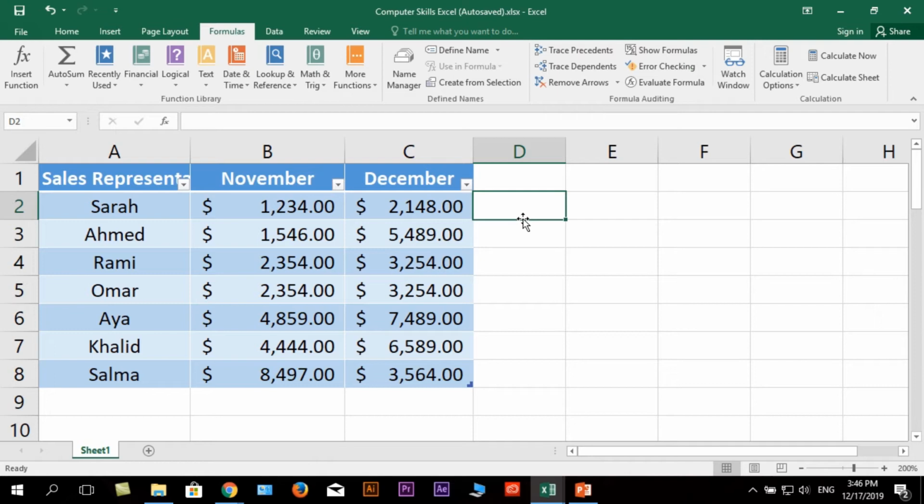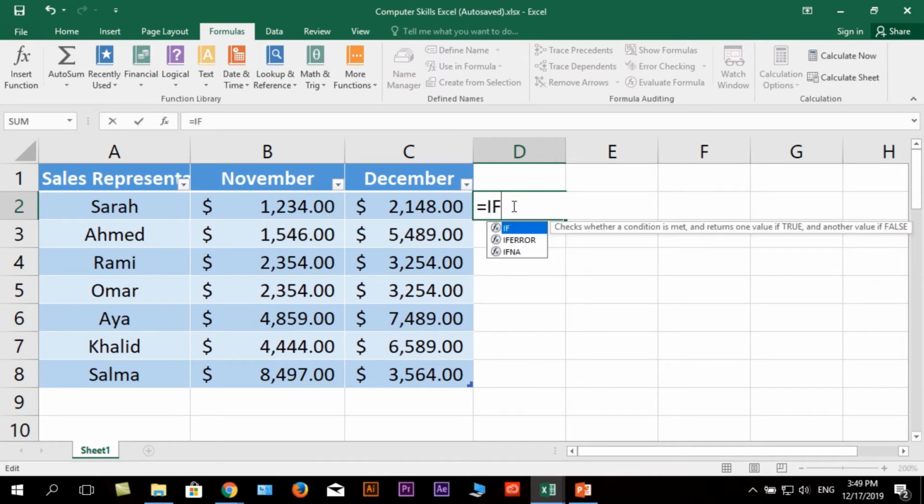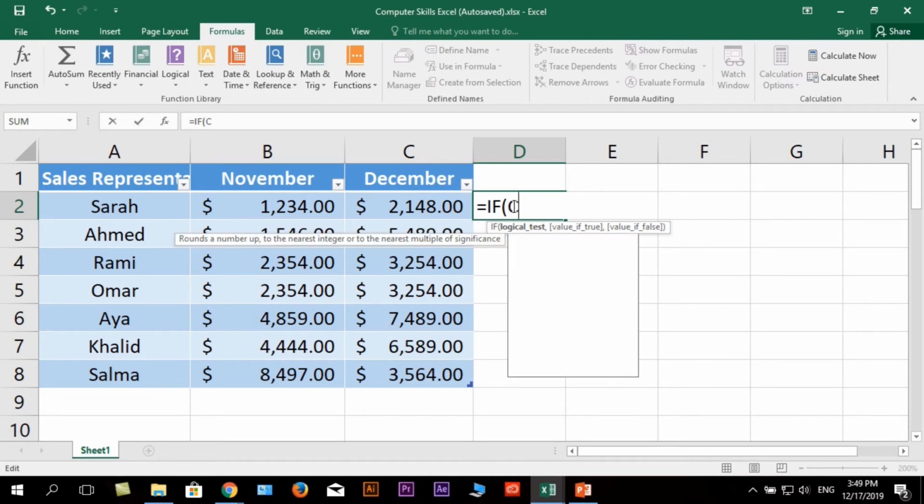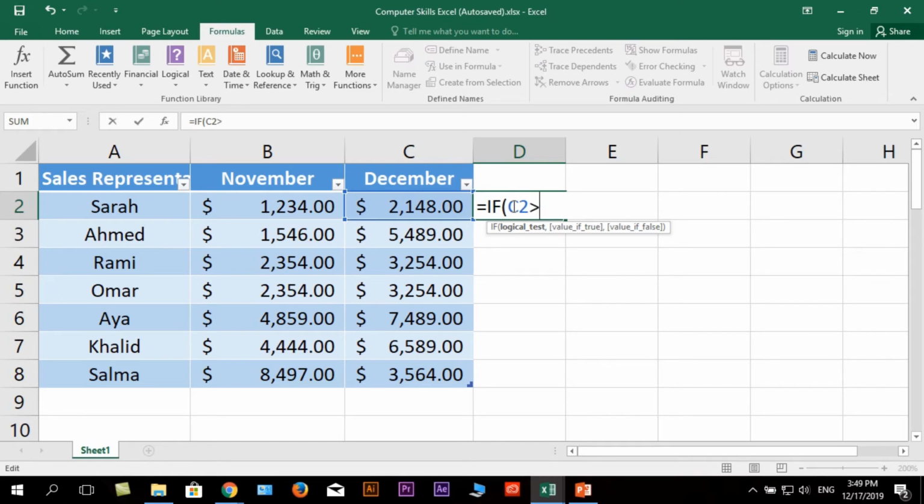To obtain that, in the cell adjacent to the values, here, D2, I type equal, capital IF, and then I open a bracket to enter the logical test first, which is C2 bigger than B2, comma,